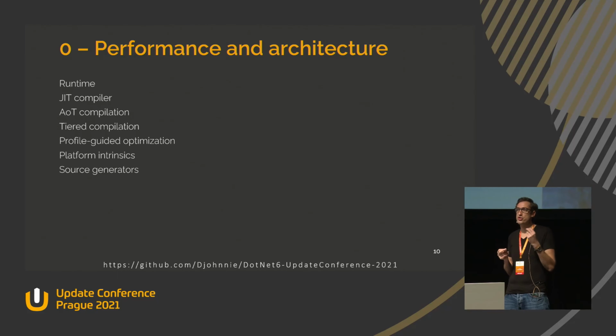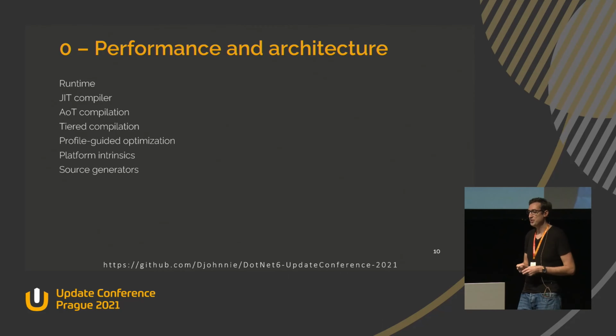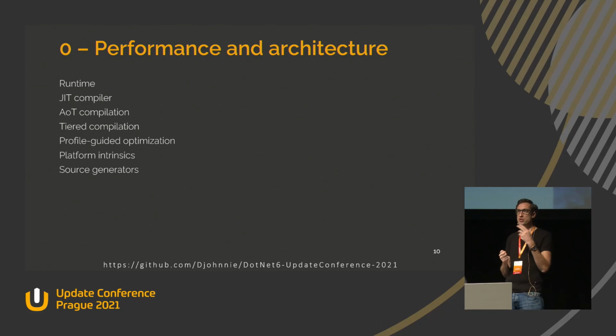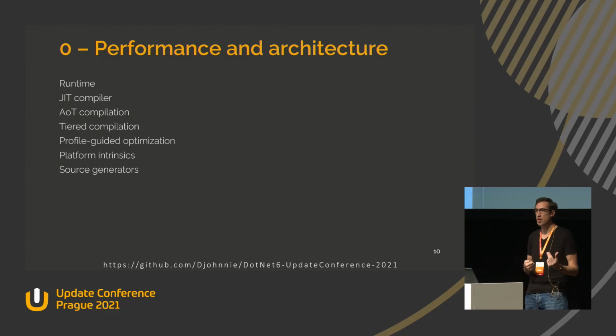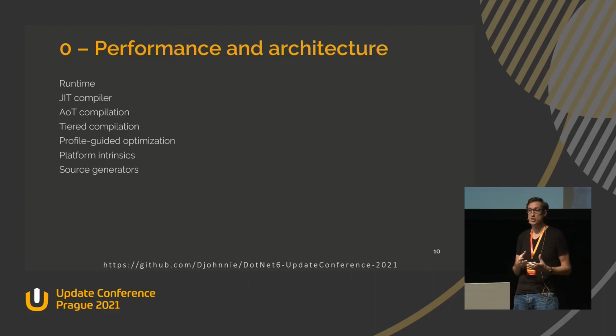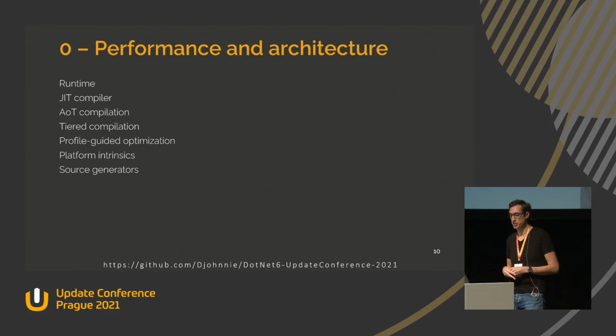The thing is, when a user starts your application, it just runs. It should just run. Tiered compilation means that if you are calling the same methods, the same code multiple times, it will be recompiled by the just-in-time compiler. Because the just-in-time compiler sees that the user is calling the same code over and over, which means that part of your application is important. So I'm going to try to recompile it in the background and do some optimization so that it runs even faster when the user calls it multiple times, which is a very cool feature.